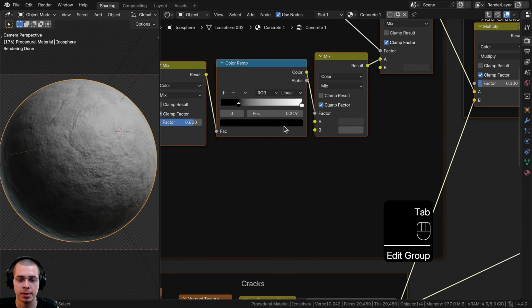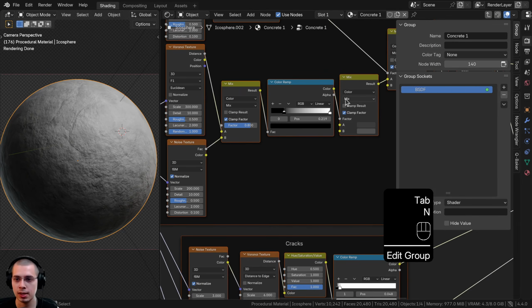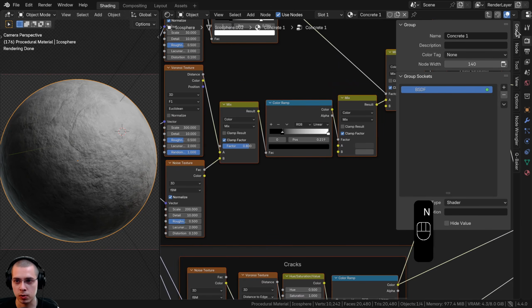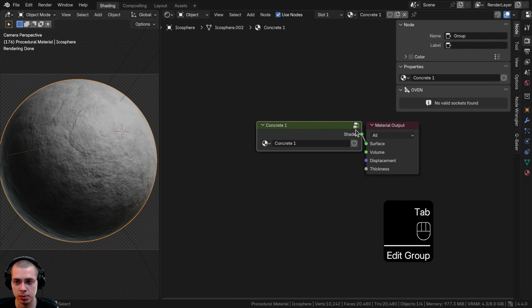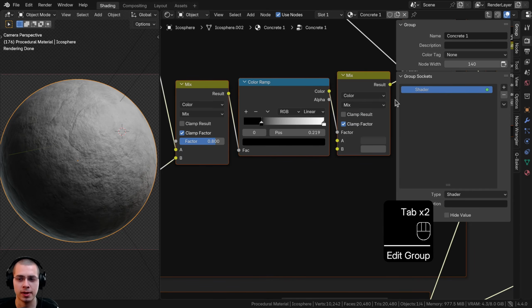So let's hit the tab key to go into the node group, and I'll hit the N key to open up the side panel. And if you go to the group tabs and go to the group sockets, I'm going to double click on this to rename it, and I'm going to call it shader. So outside the node group, you can see that is called shader,